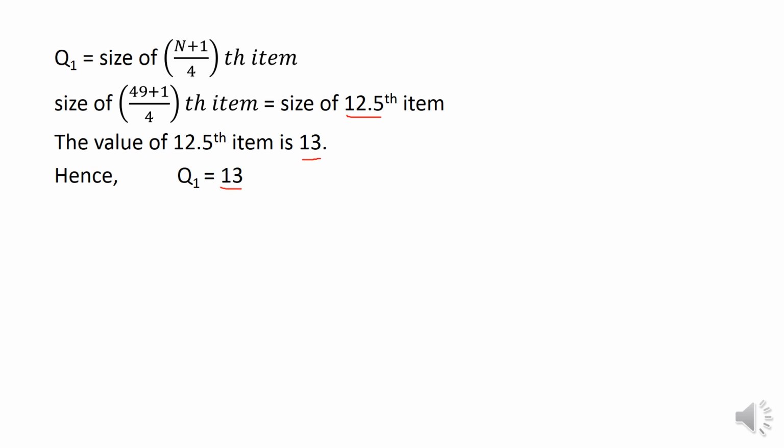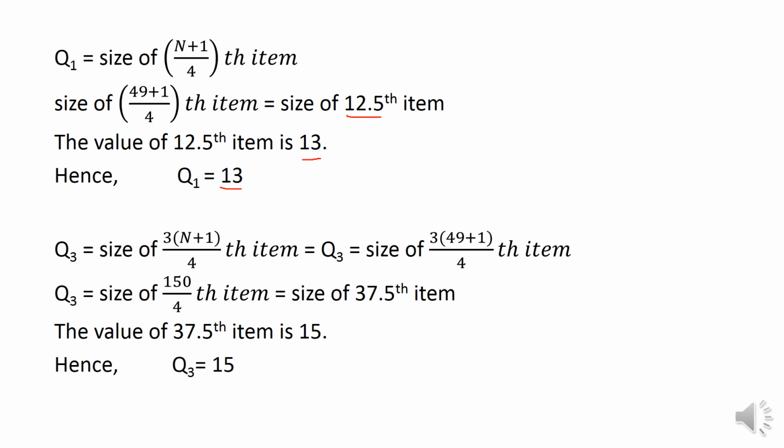In this way, we will also calculate Q3. For Q3, the same formula will be applied here: 3 times (N plus 1) divided by 4. 49 plus 1 is 50, and 50 multiplied by 3 will be equal to 150. The 150th item divided by 4 will be the 37.5th item. It means 4 3s are 12. After that, 4 7s are 28, and 4 5s are 20. And the value of the 37.5th item is 15. So that's why the upper quartile